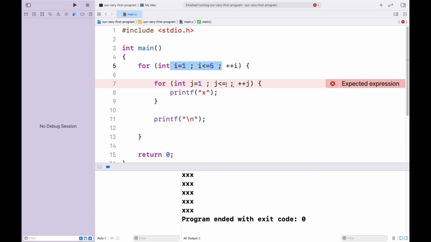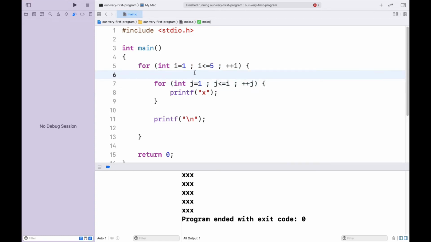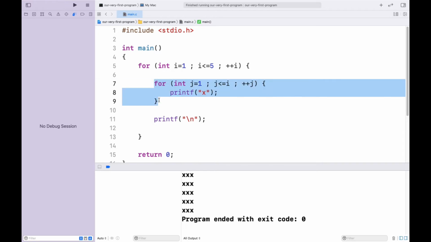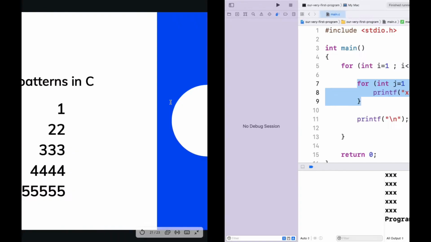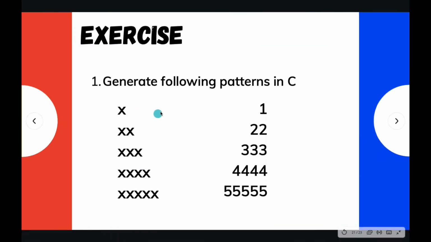and make the endpoint go farther as the iteration of the very first loop goes on. So we can compare it with i itself, because for the very first iteration the value of i will be 1, for the second iteration the value of i is going to be 2. So this loop is going to execute i number of times, and the value of i goes 1, 2, 3, 4, 5.